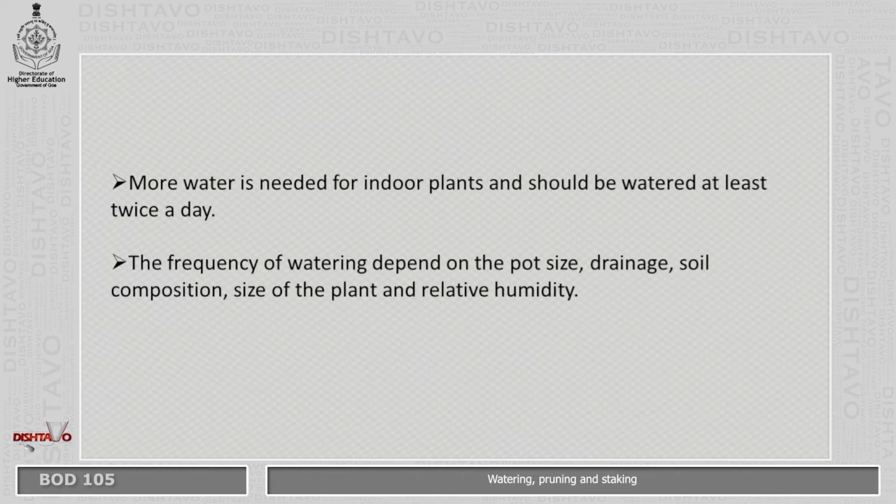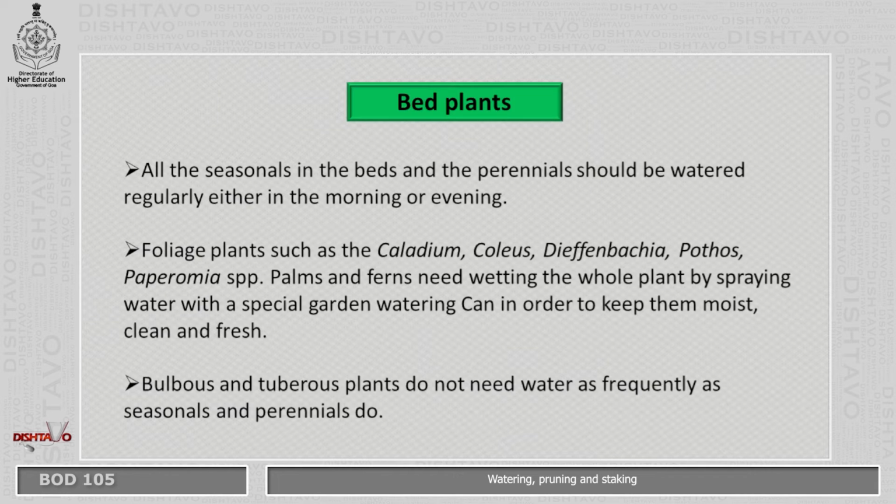The frequency of watering depends on the pot size, drainage, soil composition, size of the plant, and relative humidity. Bed plants. All the seasonals in the beds and the perennials should be watered regularly either in the morning or evening.